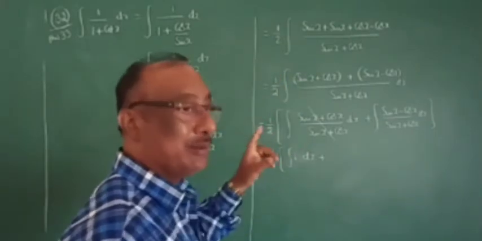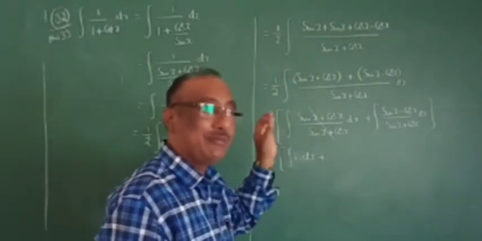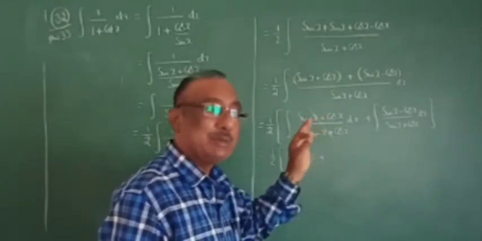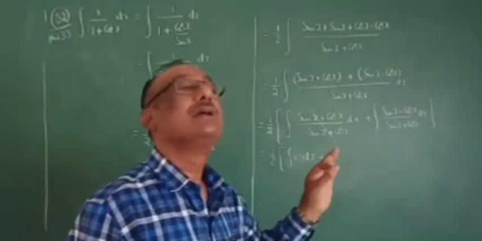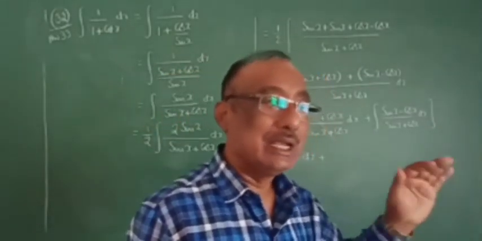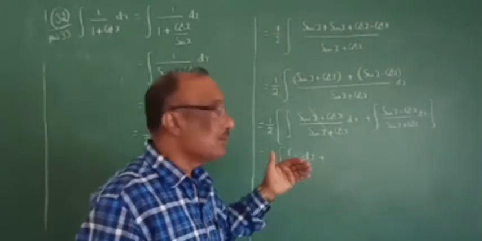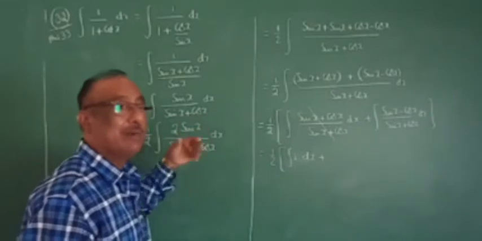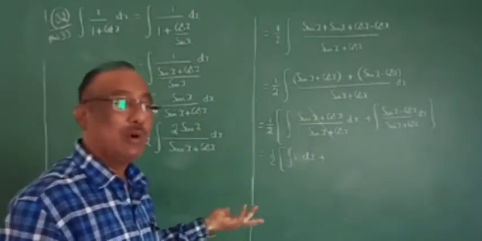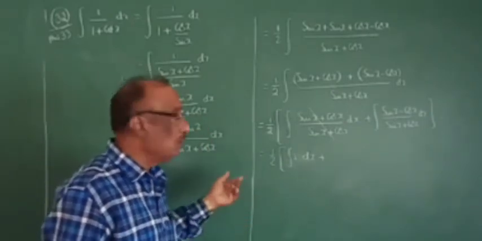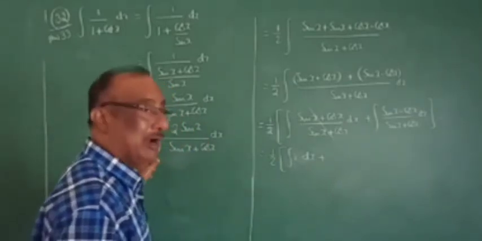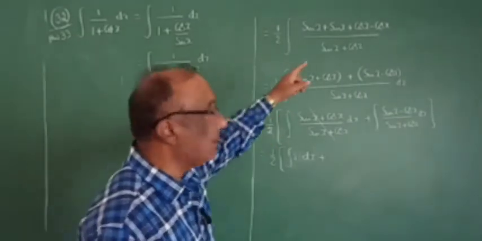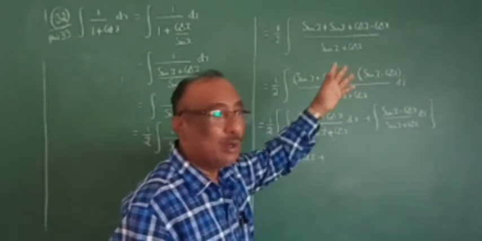This problem is most important. I will give the 33rd problem first. There is no derivative, that's why I will write cot x as cos x by sin x. Immediately I will take sin LCM. We get sin x by sin x plus cos x, but we get one more term. Here there is no chance, that's why I multiply by 2 and divide by 2. So 2 sin x means sin x plus sin x. I will write cos x minus cos x, no loss for me.